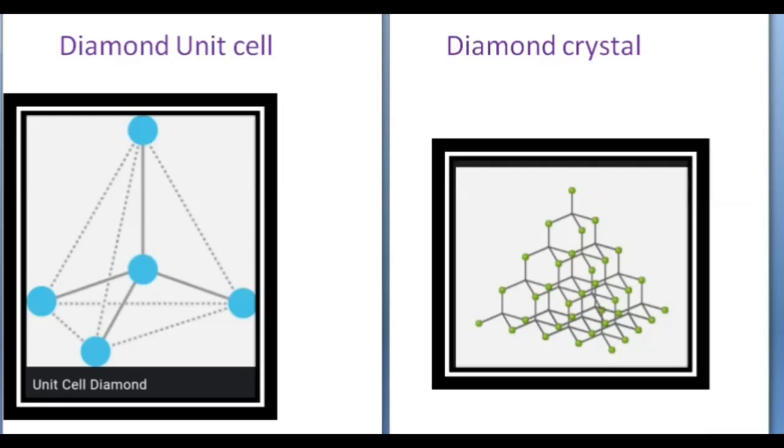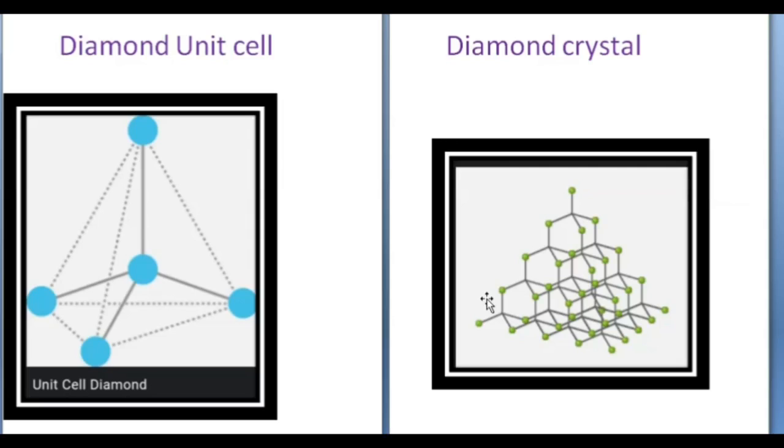If you look at the crystal structure of diamond, the unit cell of diamond is a regular tetrahedron. See, it is a regular tetrahedron having one carbon atom at each of its four corners and one carbon lying at its center. In this unit cell, the central carbon atom is linked to the corner carbon atoms by covalent bond. Two such unit cells are joined by covalent bond to form closed packed lattice. Therefore, the coordination number of carbon in diamond is 4.